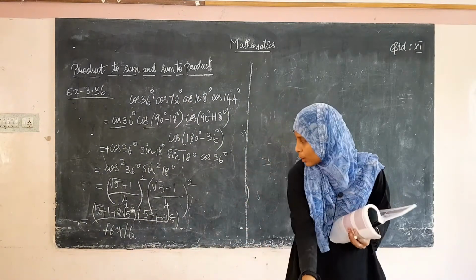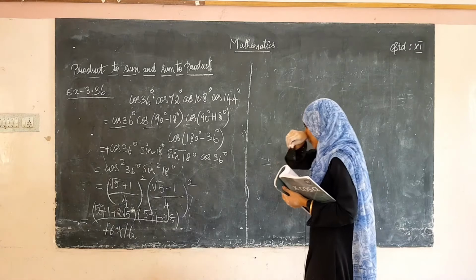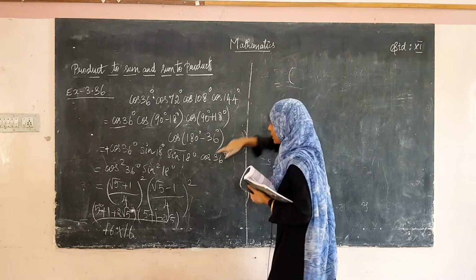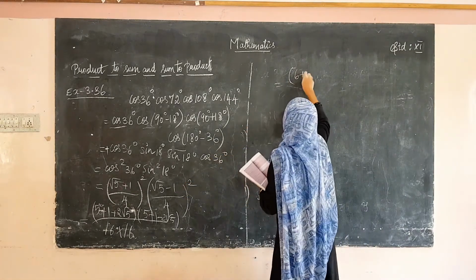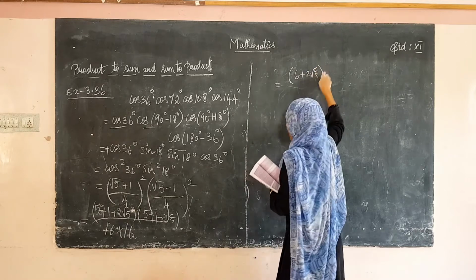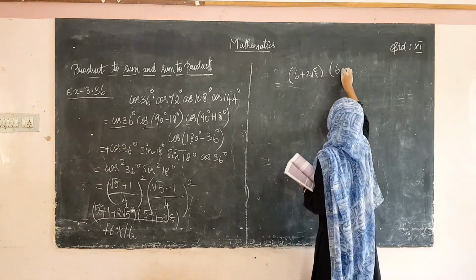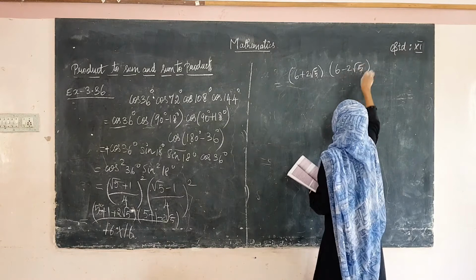Before multiplying, solve this. 5 plus 1 is 6 plus 2 root 5, and here it is 6 minus 2 root 5, divided by